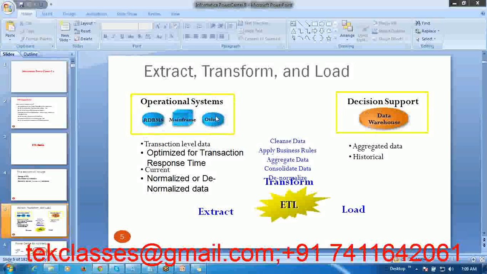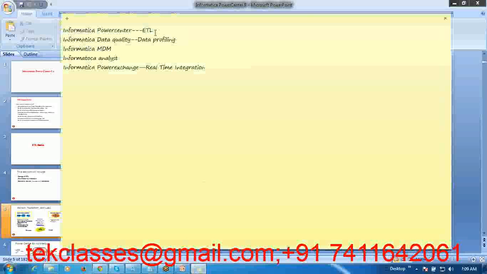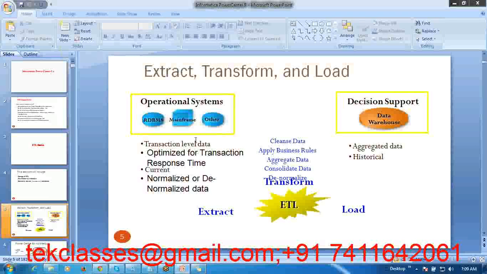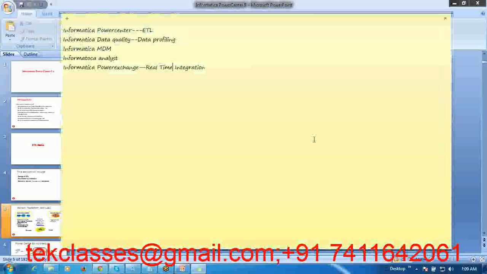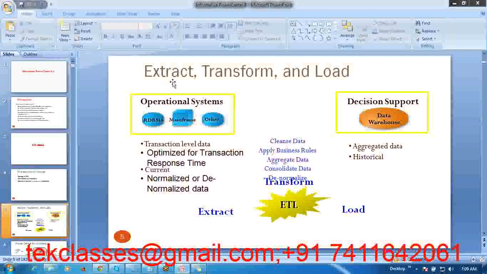different flat files like your text files, PDF files, XML files. So all the data which is available from the operational systems can be integrated by the ETL process. So Informatica Power Center is a powerful ETL tool which is used to integrate the data from different operational systems. So this is the background about the ETL, and now Informatica Power Center is used to load the data into the data warehouse,